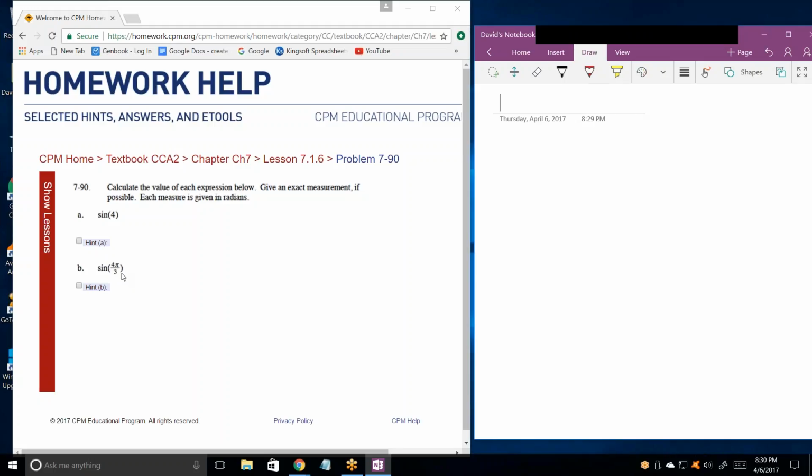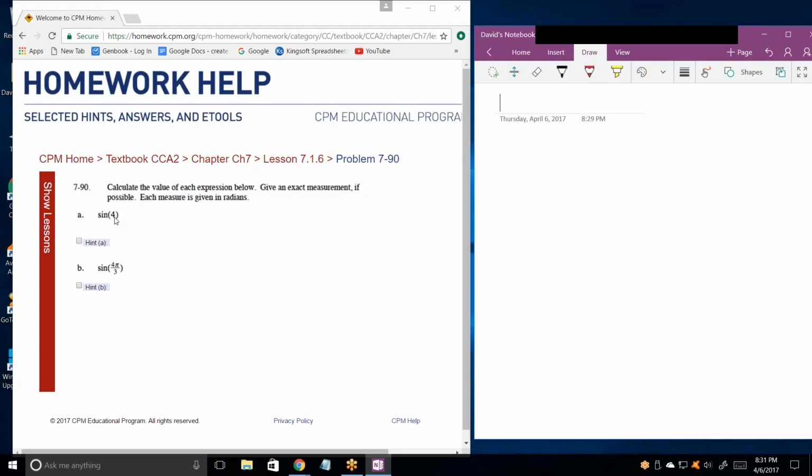Well, sometimes it can be in radians without the pi, like that one. Sine of 4. Now, we take sines of angles to get ratios. But that angle of 4 radians,